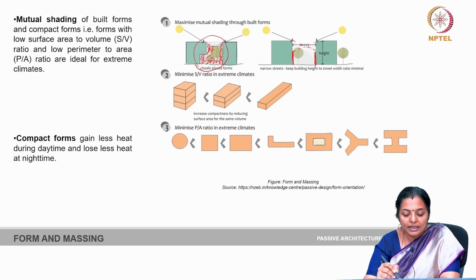You should also minimize surface to volume ratio in extreme climate, because when you increase compactness by reducing surface area for the same volume, you get a better result. You can also minimize P by A ratio in extreme climates. The perimeter to area ratio is also an important criterion, and you need to minimize it in the hot